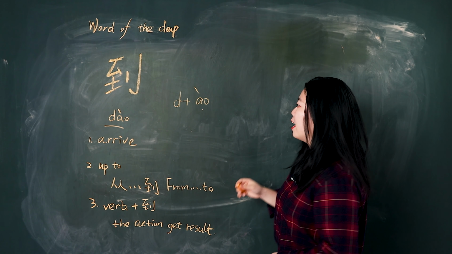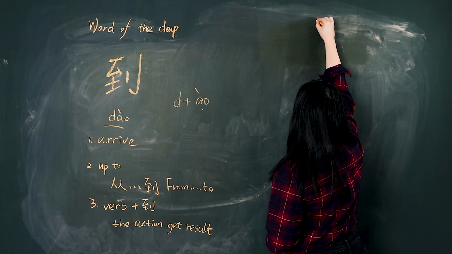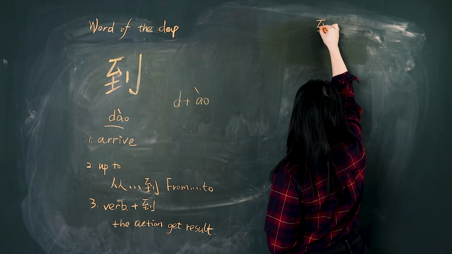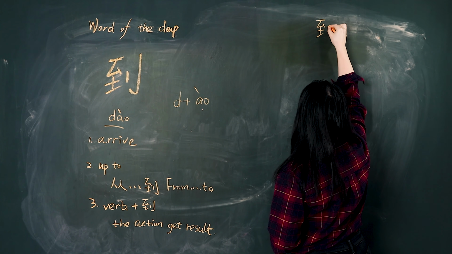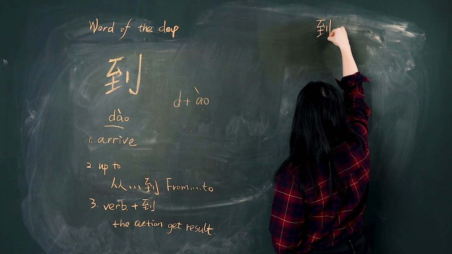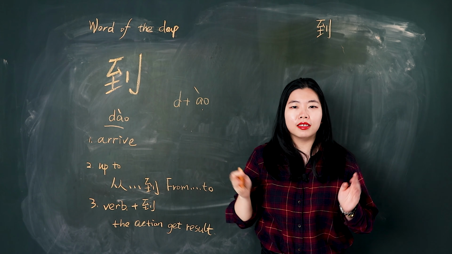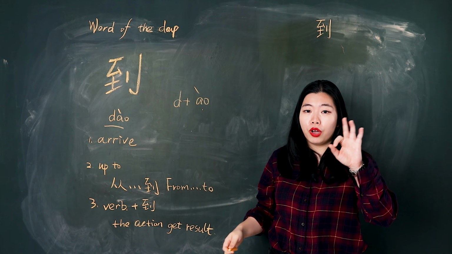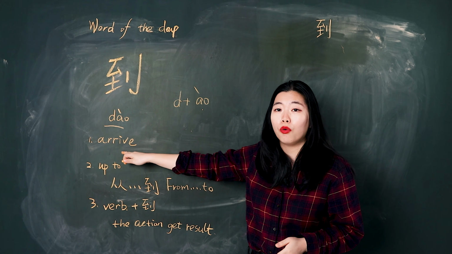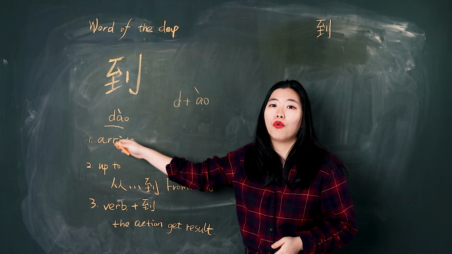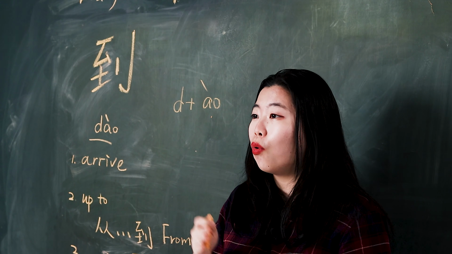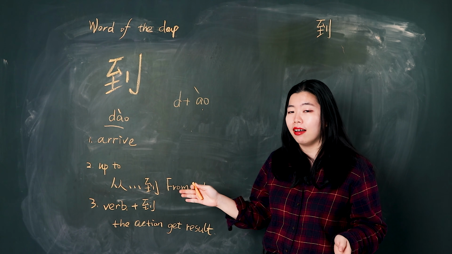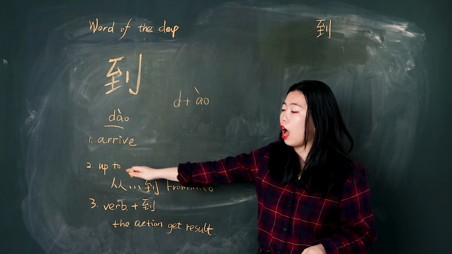我们一起写。横撇折点横竖提竖竖钩。到 has a lot of meanings. Today we learn 3 of them. First one, arrive. It's a basic meaning, arrive. I'm arrived. 我到了。I arrived at home. 我到家了。